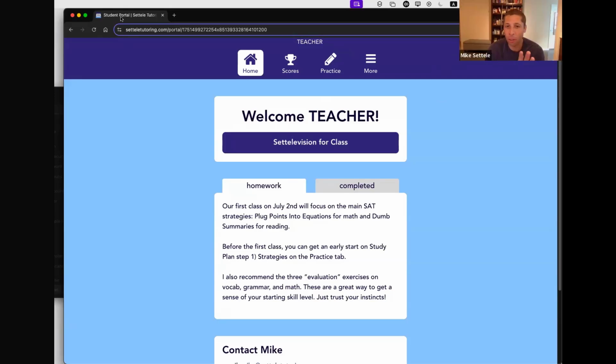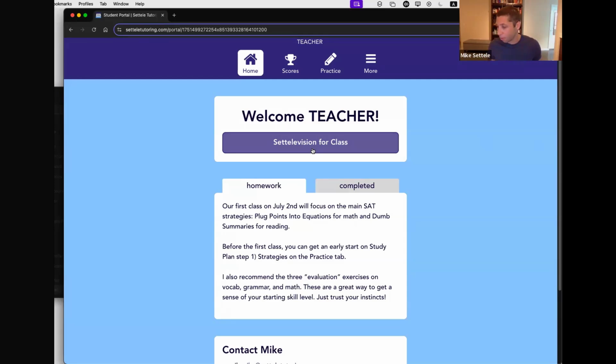If you guys can see my screen, we still got a couple minutes, but if you click the My Screen tab at the top, I want you guys to get into this page. This is the portal that you got a separate login for. And when you get there, there's this button, Television for Class. That is what we're going to be using. So you can go ahead and click that. It shouldn't show anything quite yet, but I'm going to put on a very hard question.